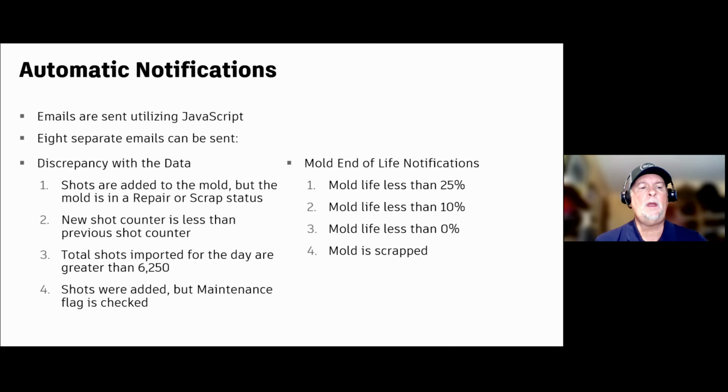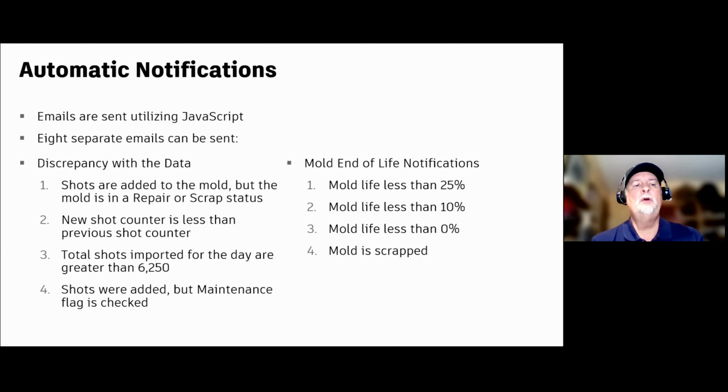The other thing that we do is that based upon the type of steel and the complexity of the mold and number of cavities, we preset a maintenance interval. For example, 175,000 shots on a given mold. Every time that mold hits that 175,000 shot value, an automatic email is sent out saying it is time to pull that mold off of the production line and perform routine maintenance before you put it back on. We're finding that this routine maintenance is really helping to extend the life of those molds.